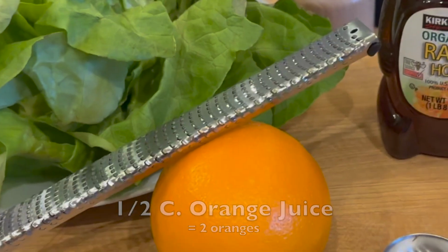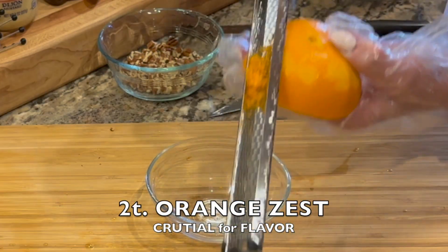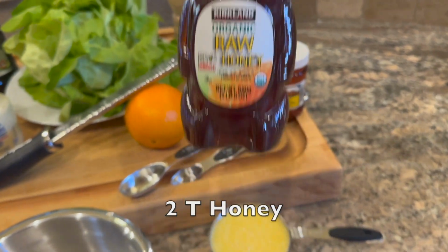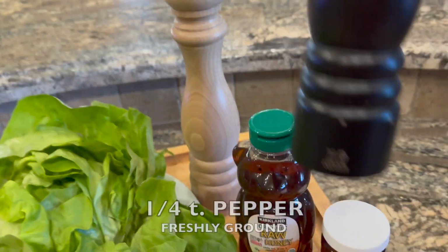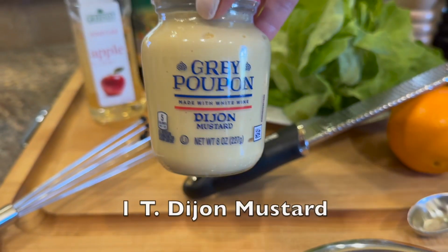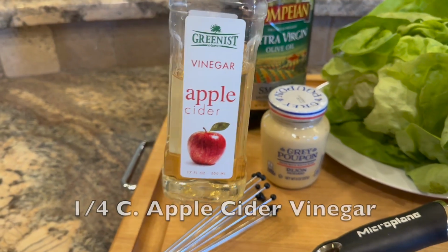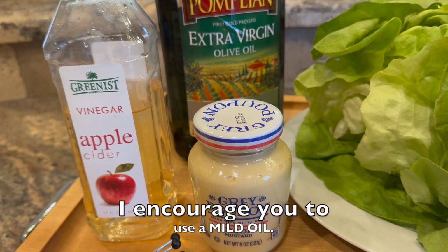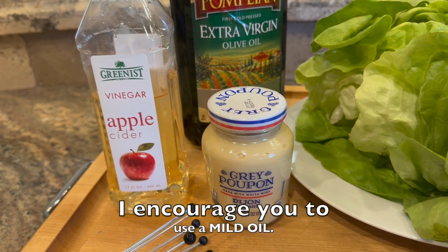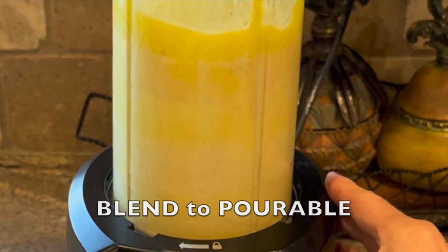So you'll want 1/2 cup of freshly squeezed orange juice and 2 teaspoons of fresh orange zest, 2 tablespoons of regular honey or orange blossom honey, 1/4 teaspoon of freshly ground black pepper, 1/2 teaspoon of salt, 1 tablespoon of Dijon mustard, 1/4 cup of apple cider vinegar, and 1/2 cup of oil. I'm using olive oil this time solely because someone requested. If you do use olive oil, it will congeal in the refrigerator, so you'll need a blender to get it